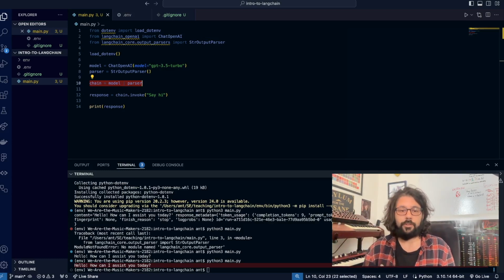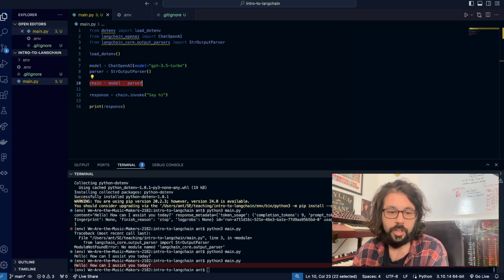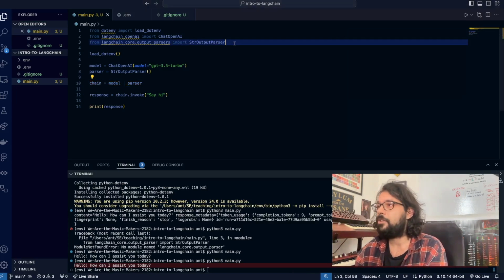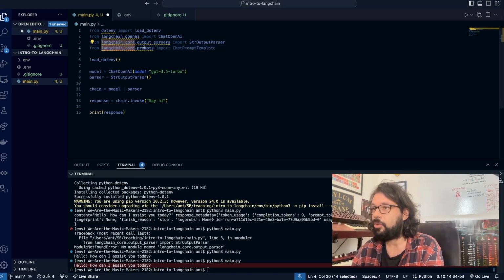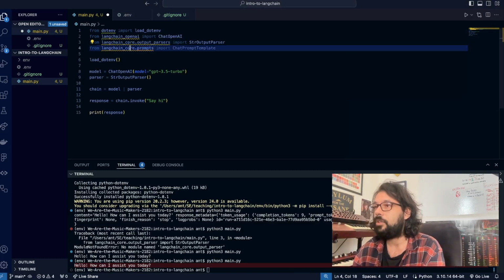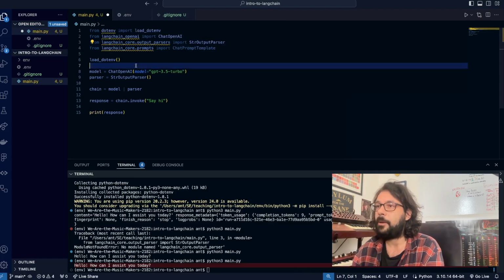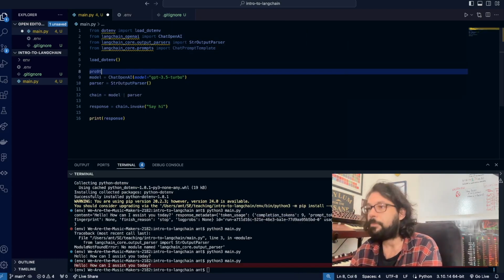Prompt templates offer a straightforward interface for changing the prompt based on different data that passes through, and this is super useful when you're developing user-facing or data-driven applications. So this is going to involve a lot of typing, so I'm going to just copy and paste. So what we're going to do is from Langchain core, the prompts module in the Langchain core library, we're going to import the chat prompt template. Now we're going to create our prompt template